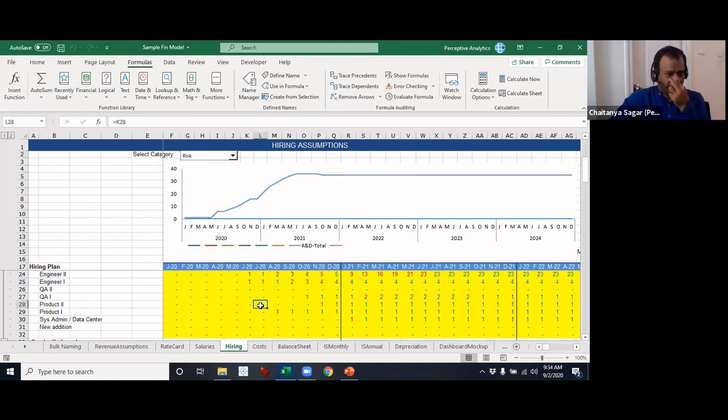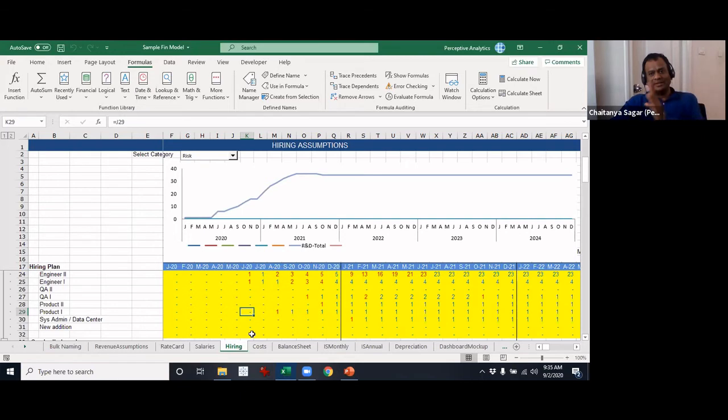So basically, like I mentioned to you, this is a financial model, and in a financial model, what people do is they model how things are going to happen in that particular company. One of the key pieces is the hiring plan. This is a very old one that we have done. If you look at this, there are a few components here. What we are trying to get to as the final output is something like this.